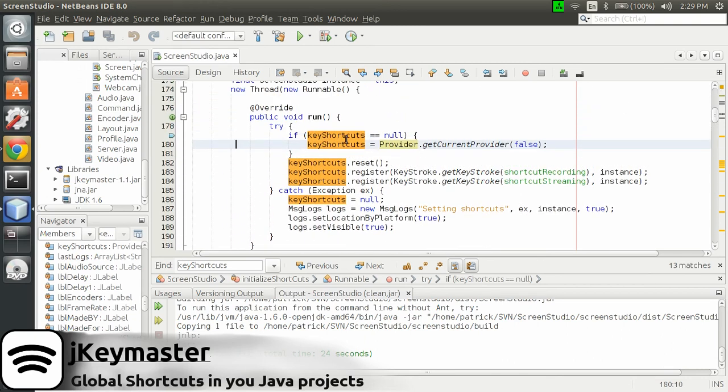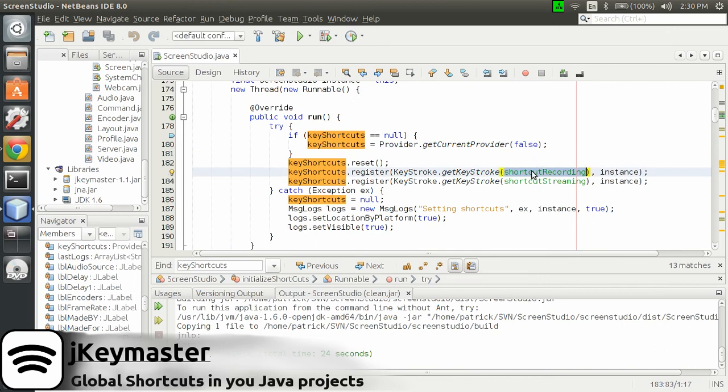So if shortcuts is null, then I will initialize my provider with provider.getCurrentProvider with false as a parameter. If you put true, it means that the swing thread will handle the events, but I didn't want to do that. So I'm calling reset, and then I will register my shortcuts here, which is a simple string as you've